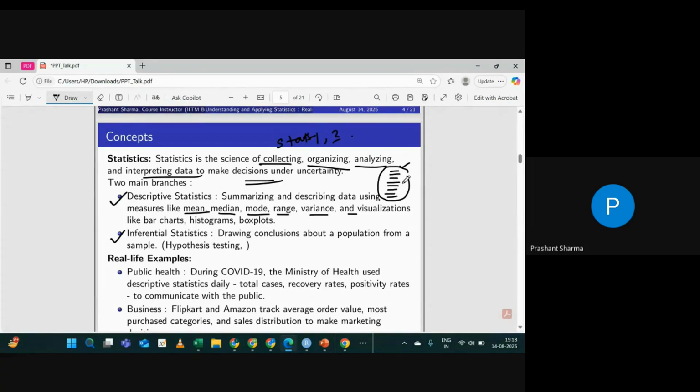You can define the variability, and nowadays visualization tools are very helpful. Rather than giving numbers, you can make a bar chart, a histogram, a box plot and so on. So descriptive statistics is all about how you summarize whatever data you have. So for example,